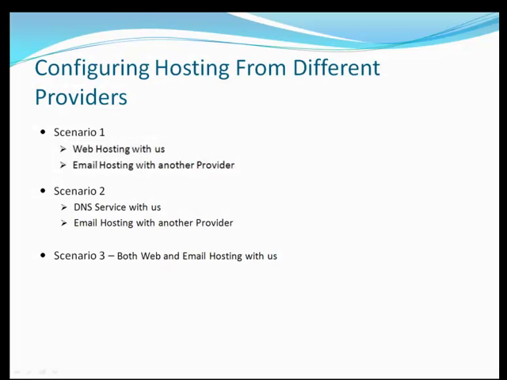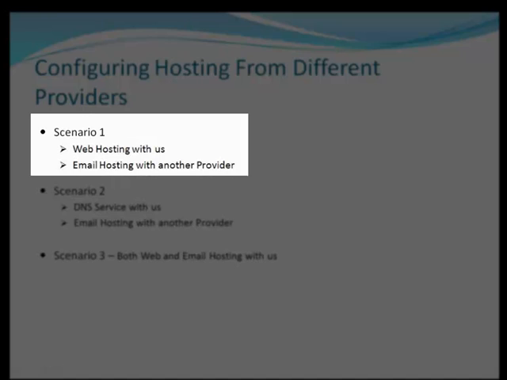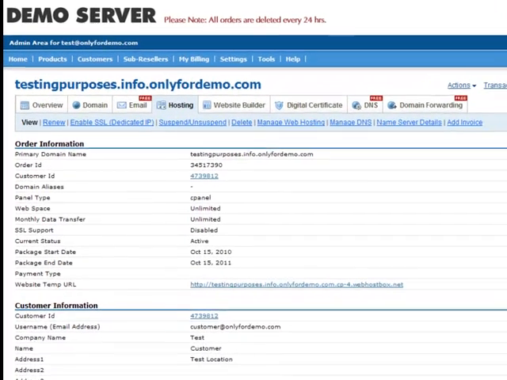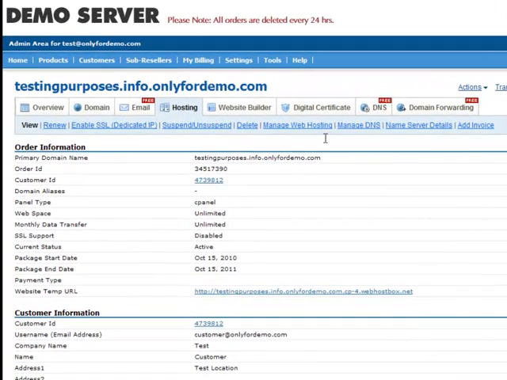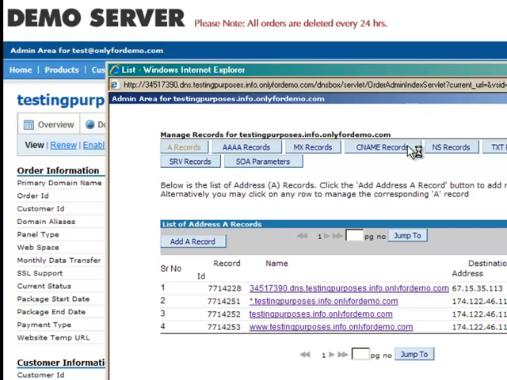Now, let's take a look at a few scenarios to understand how you can configure hosting from multiple providers. Scenario 1. Let us assume that you've bought web hosting from us and email hosting from a different provider. In this case, the first step will be to associate the domain with the name servers that the web host